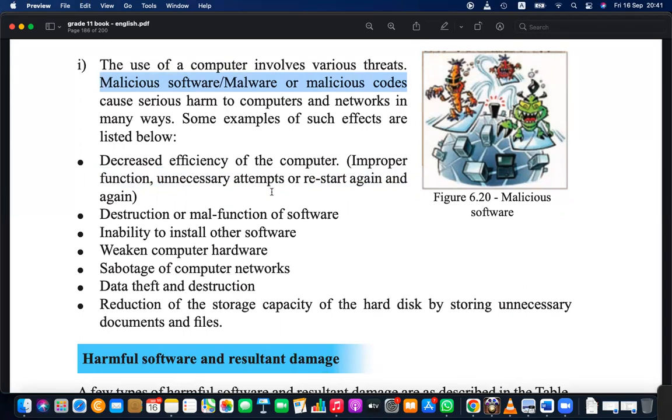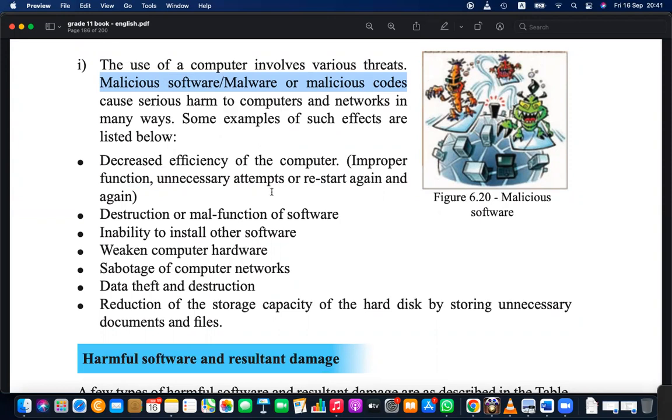The next thing is malfunctioning, or unexpected behavior, of software, damage to software, and data theft, like obtaining our sensitive data, destruction, or encrypting data.